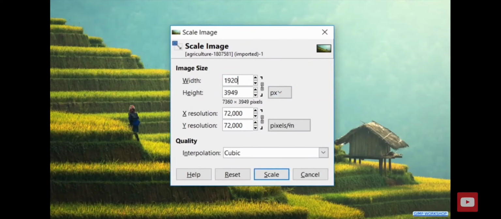In the image size, we can type in the desired width. Let's say 1920 for this photo. Next, height.